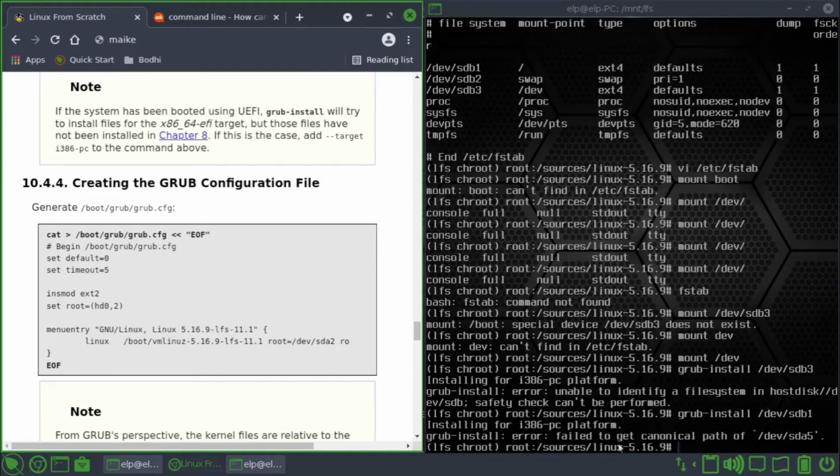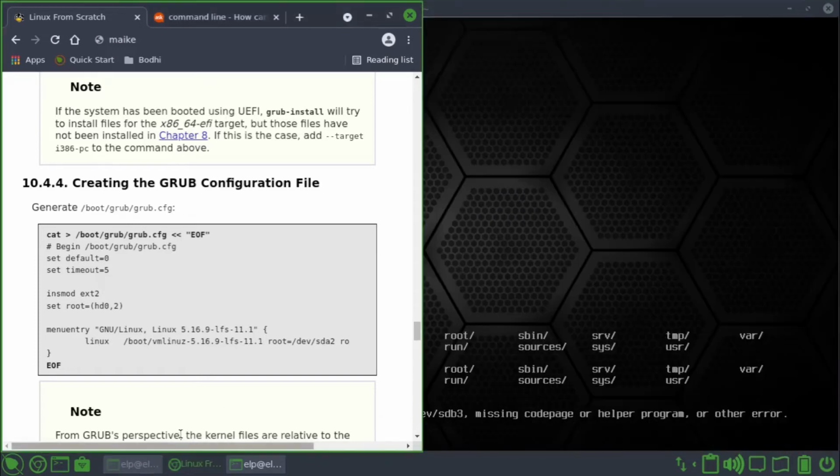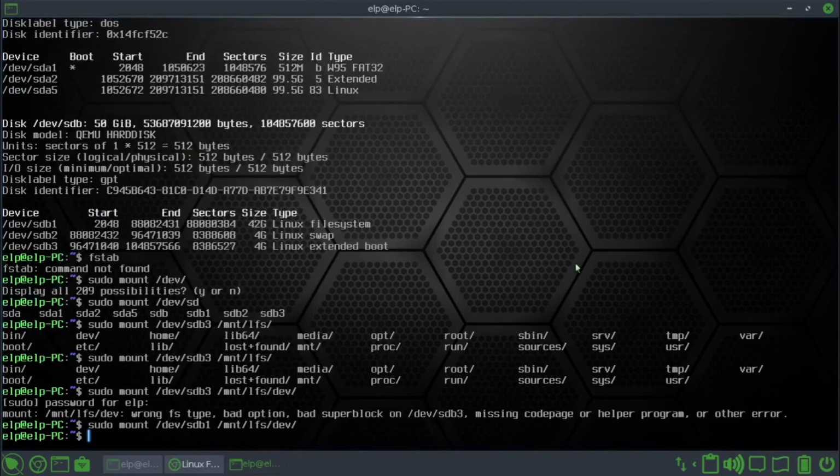Okay, the error: failed to get canonical path to SDA5. Why? Now I understood. The problem is we need to mount the dev in the SDA. The LFS dev, SDA1 is where